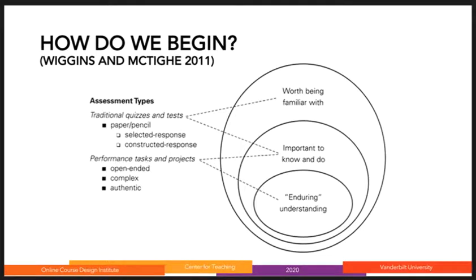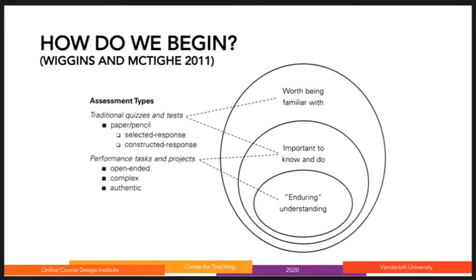This is all fine, but how do we match our assessment to our goals? That will vary across pedagogies, disciplines, and contexts, but generally we often see what is depicted here by Wiggins and McTighe. The core learning objectives, enduring understandings, require us to understand a great deal about how students come to apply, analyze, synthesize, and evaluate multiple elements from our courses, and thus demand multiple and complex forms of assessment over a course. More basic, discrete knowledge, that worth being familiar with,